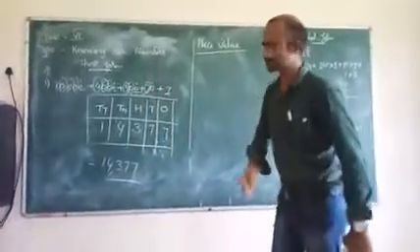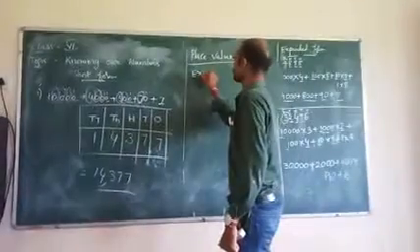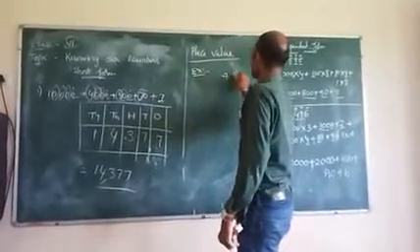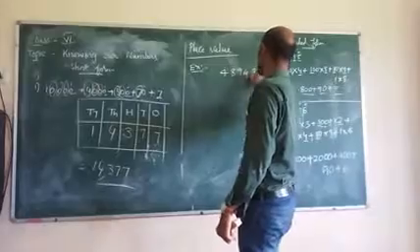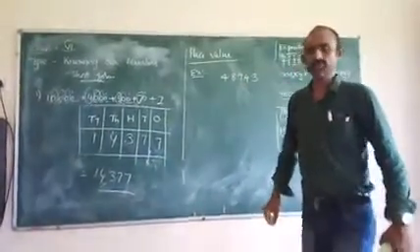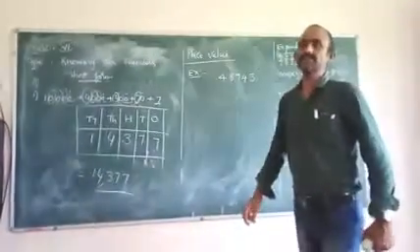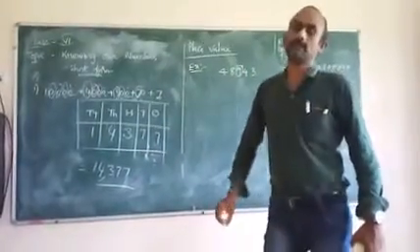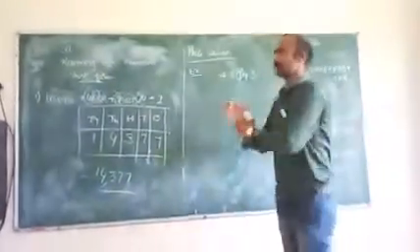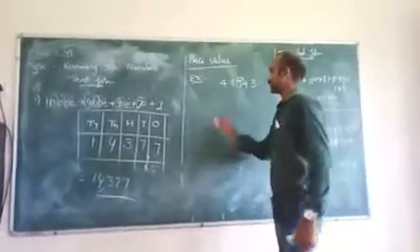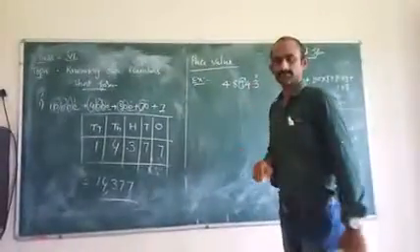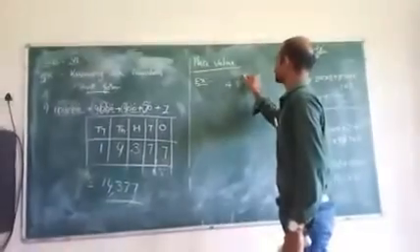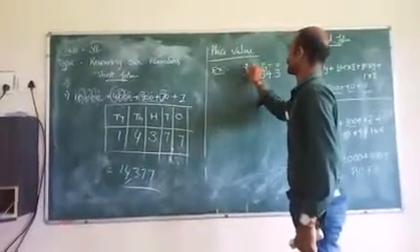We will take one example: 48943. What is the place value of 9? Before finding the place values, you have to write the places: ones, tens, hundreds, thousands, and